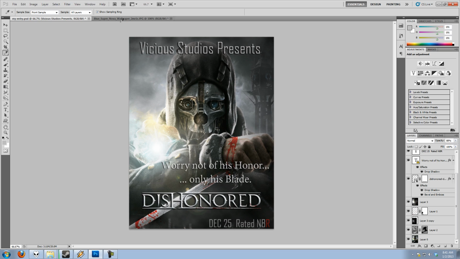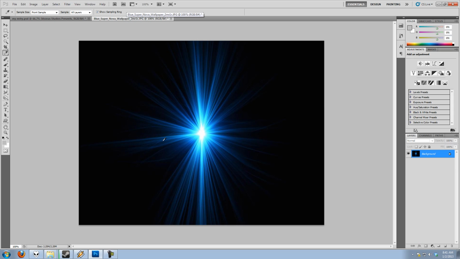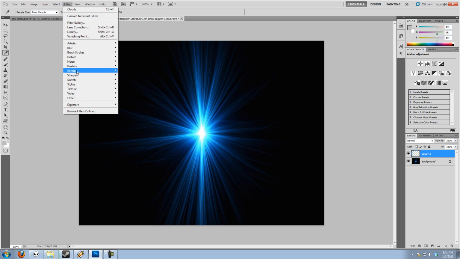So let's go ahead and open up this other file here, which is just like a blank supernova star on a black background. First, I'm going to show you how to create the very basic fog effect. What you want to do is go ahead and create a layer that you can fill with the fog. I'm waiting for this Steam overlay to go away so I can click on new layer. There we go. And you want to go to filter, render, and clouds, and it will fill that layer with